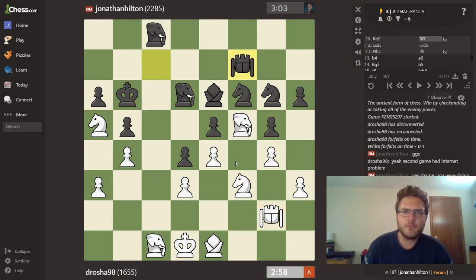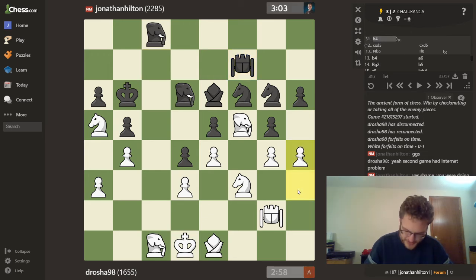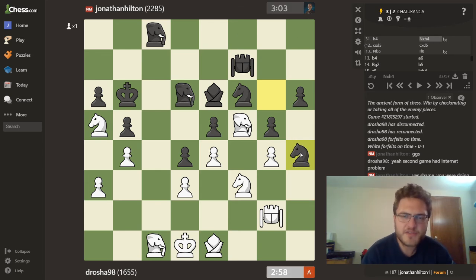But instead, black plays rook to f7, and now white has a really nice pawn sacrifice with the move pawn to h4. Well, it's not actually a pawn sacrifice, I guess. So black plays g takes h4. The idea, so yeah, after knight takes h4,